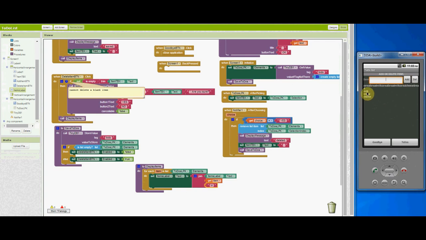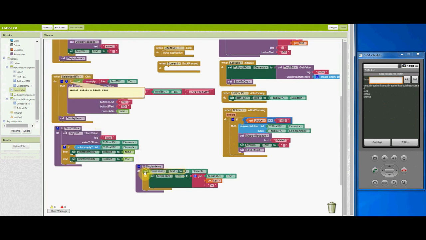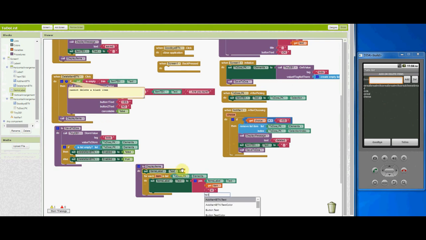Now we're getting a good display here, but we've got all of this stuff at the top. We don't want that old text to display. We want it to refresh each time. So in order to prevent that old text from displaying, we want to set our items label text. Anytime this procedure display items is called, we want to set this to empty text. That will clear out any previous contents in there, otherwise it keeps adding on to the end of the previous label. Now let's try it again,